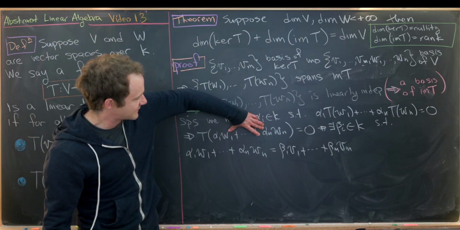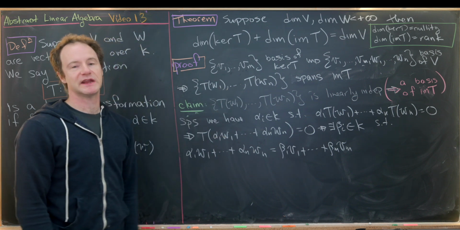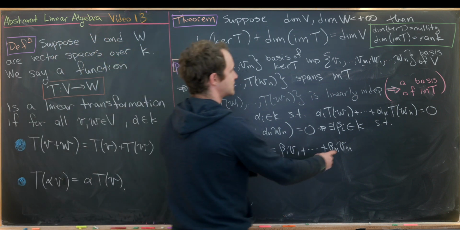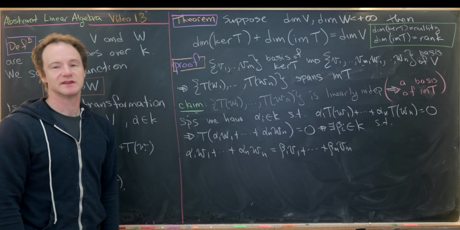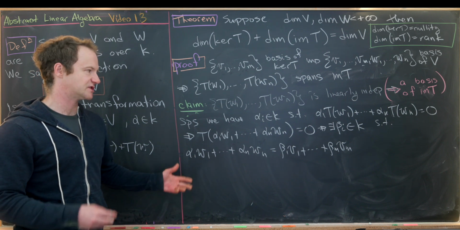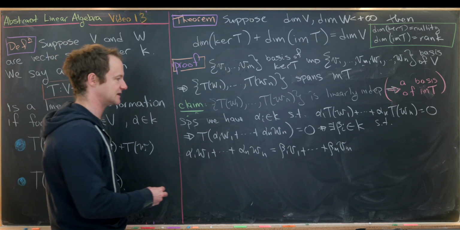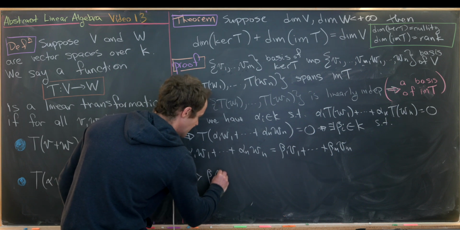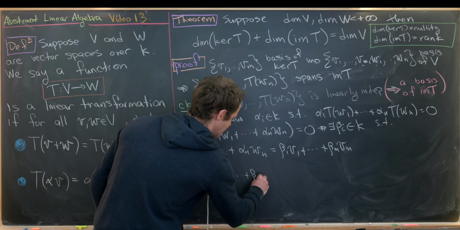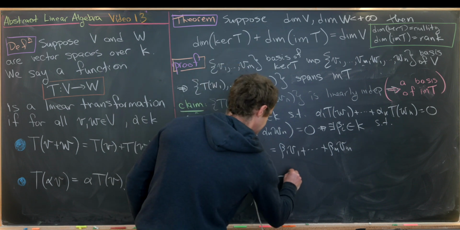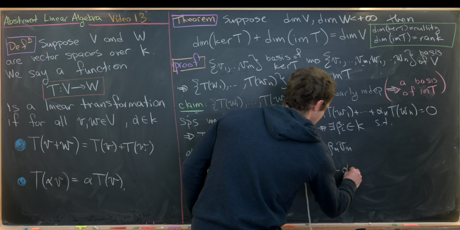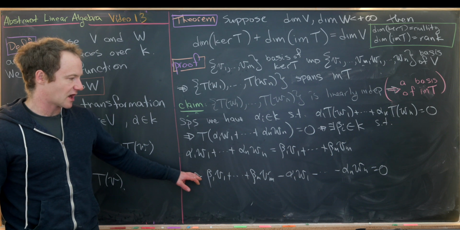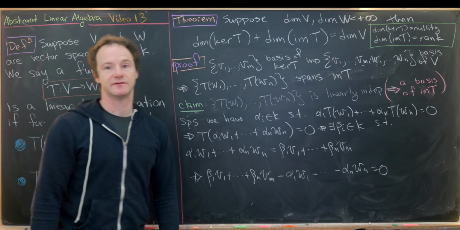So again, we have something in the kernel. We expressed it as a linear combination of elements in the basis of the kernel. Okay, but now notice that all of the vectors in the basis for the vector space are exhibited in this equation. Now we can rearrange it so that it looks like a linear dependence relation for those vectors. Maybe it would look something like this. Beta 1 v1 plus up to beta m vm minus alpha 1 w1 minus all the way down to alpha n wn equals 0. So we've got a linear combination of all of the vectors in the basis of V